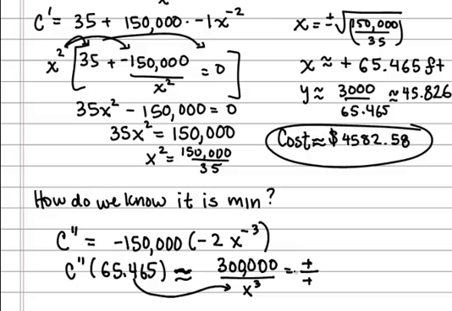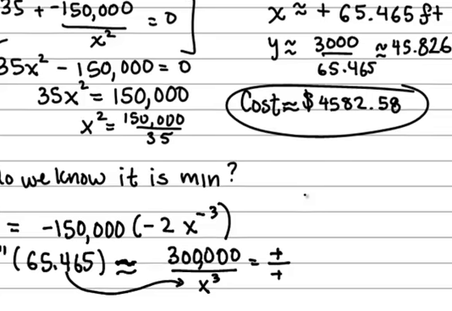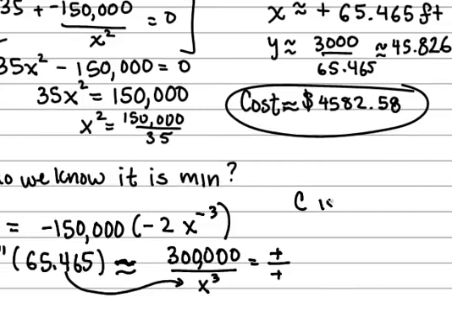And because of the fact that the second derivative is positive, this tells us that our original cost function is concave up. Hence, it will allow us to know that we have a minimum instead of a maximum value, as you can see from this diagram here. If you've got a concave up function, your critical point is going to end up being